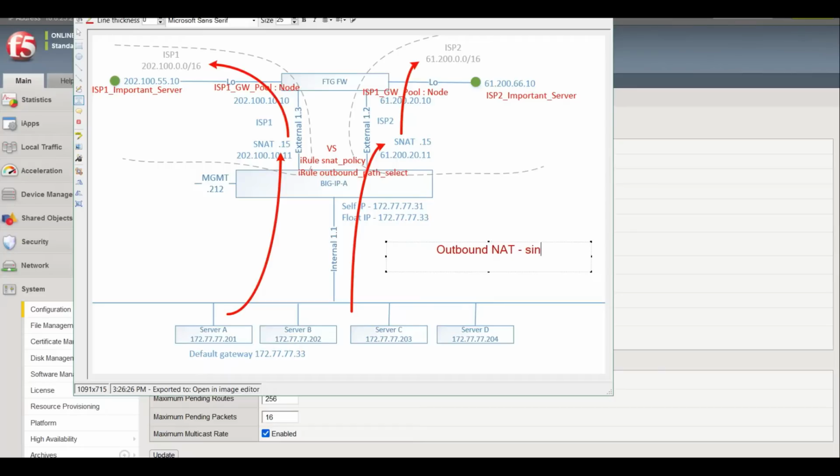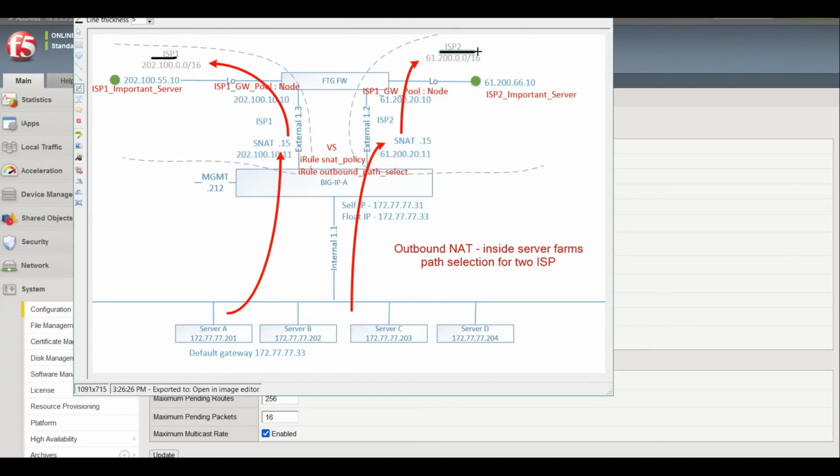For inside server farms, path selection for two ISP providers. As you see here, we have ISP1 and ISP2. ISP1 has subnet 202.100.0.0/16. ISP2 has 61.200.0.0/16